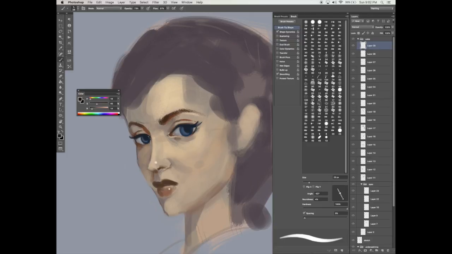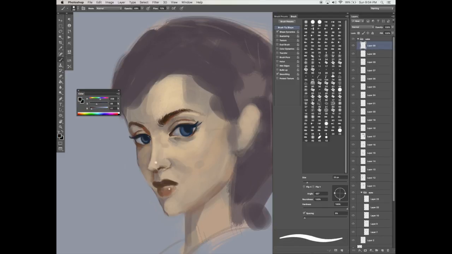And now making sure that your shape dynamics is on and making your round brush into a thin angle, let's start laying down strokes. And now I'm going to use my color picker and really add in a few lighter brush strokes and darker brush strokes here and there. I'm adding constantly as I'm painting, and just have my hand on the Alt key on my keyboard to select my color as I go.